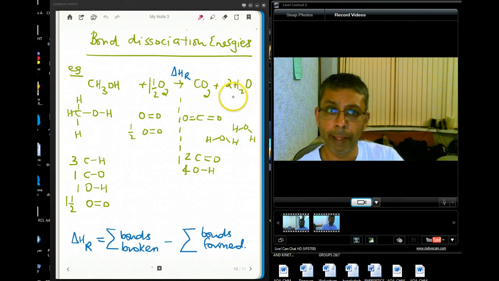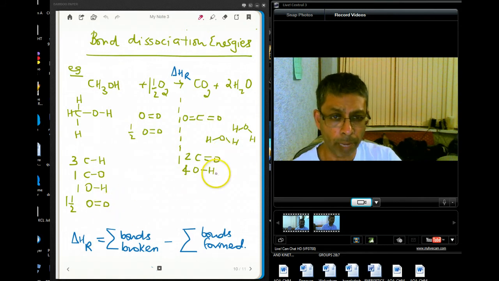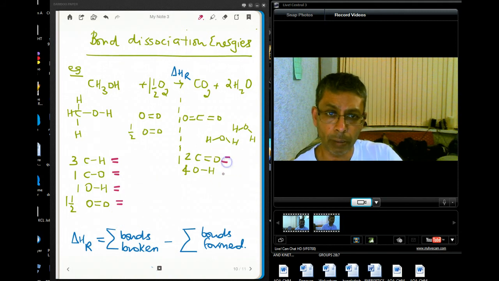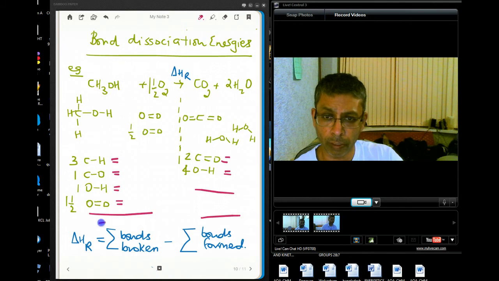That's balanced. The next thing you should do, I recommend, is to draw the displayed formulae of all of your reactants and all of your products. Only that way can you really be sure to see all the bonds that you're breaking and all the bonds that you're making. So list the bonds that you're breaking like this, and next to each one you write down the actual values from the table of data that they give you in the question. And similarly over here, you write down the values there, and you write down the total values there,